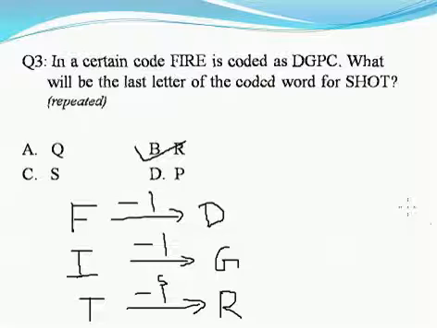Okay, you need to just be careful where you are writing this short. If you write maybe T here and then you calculate here, then it will be a wrong answer. So you need to very carefully judge for which letter which is being encoded, for which letter which is being encoded. Okay, so moving on with the next question.